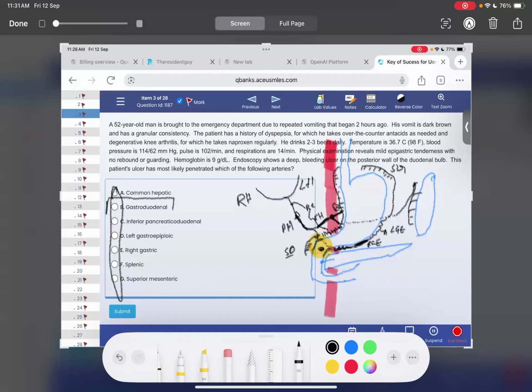This is the answer. Where is the common hepatic? Common hepatic is present over here. Where is the left gastroepiploic? Left gastroepiploic is present over here. Where is the right gastric? Right gastric is present over here. Where is the splenic? Splenic is present over here. Where is the superior mesenteric? Superior mesenteric is present over here, and it